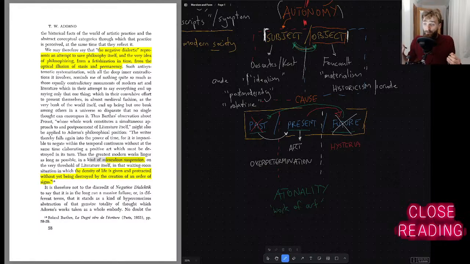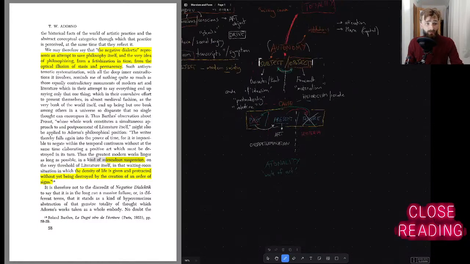Because, as I was saying before, with great works of capital L literature, how is it that Virgil's Aeneid still resonates or still has value today? This is a problem for the historicist, because it was written so long ago, it should no longer resonate with people or with individuals. The same could be said for the music that Adorno is analyzing here in terms of